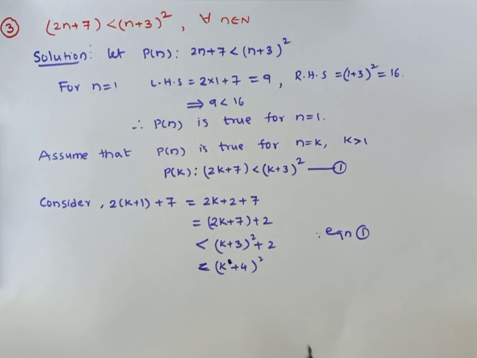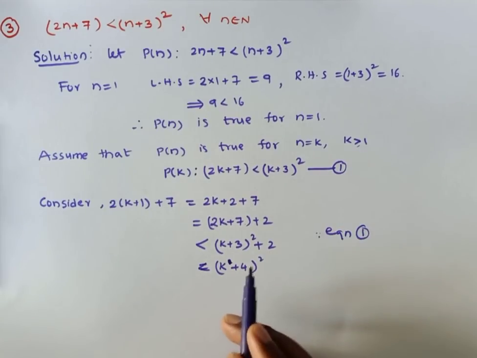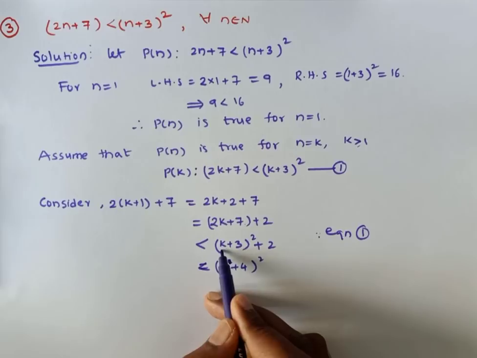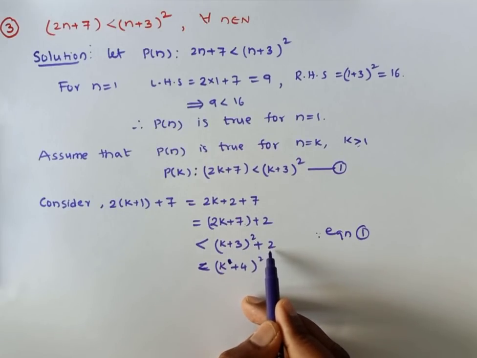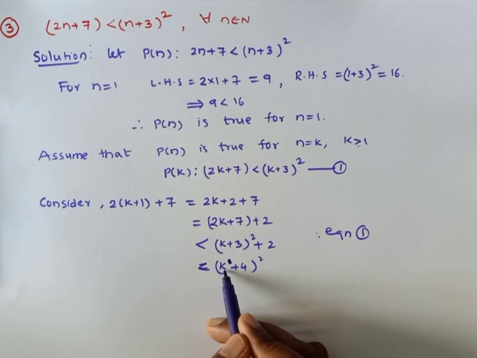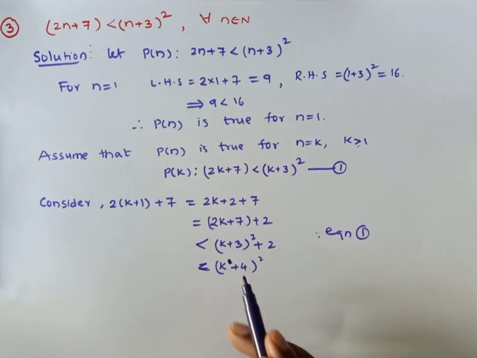Okay, so let us consider some values like k equals to 1, 2, 3 or more than 1. K equal to 1 also, no problem. So if k is 1, then what happens? 1 plus 3, 4. 4 square means 16. 16 plus 2 is 18. Then what happens here? 1 plus 4, that is 5. 5 square is 25. So 18 is less than 25. And you can check with k equals to 2, k equal 3, k equal 4 or anything. So this satisfies this inequality.